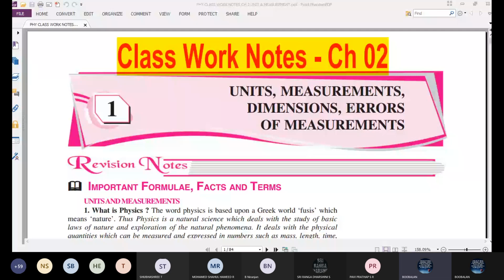See here. This is also based on measurement only. This is different, related to this topic only. Now we'll discuss the main scale, and this is the vernier scale. Okay, small values are there. We'll discuss one by one. We'll finish the screw gauge first, after that we go for vernier.